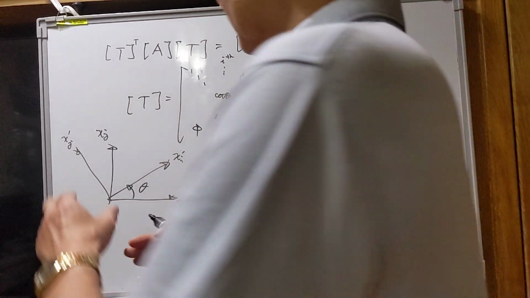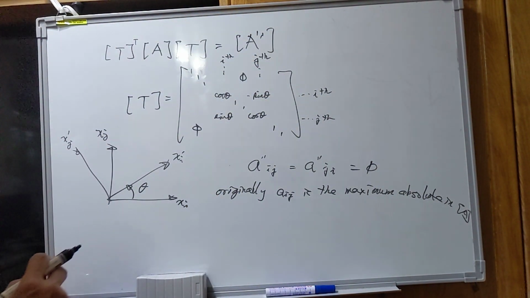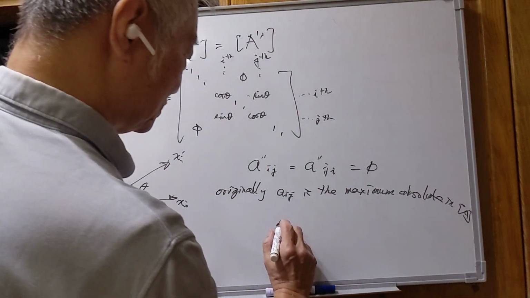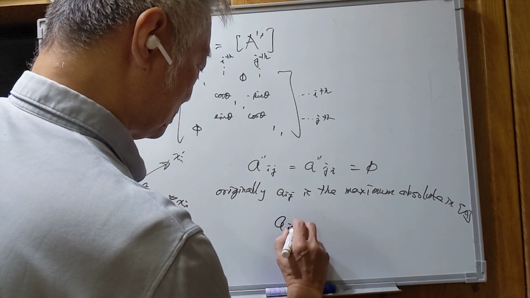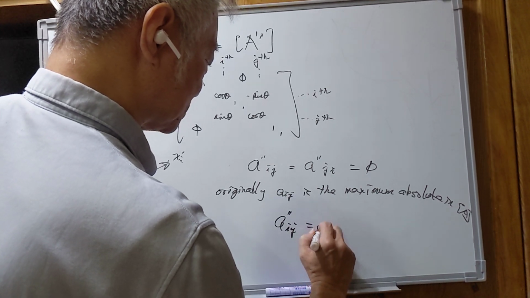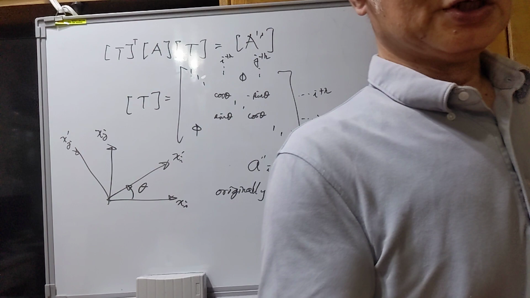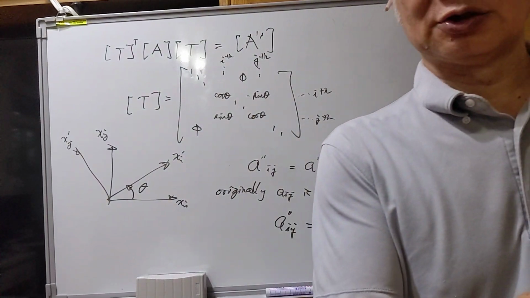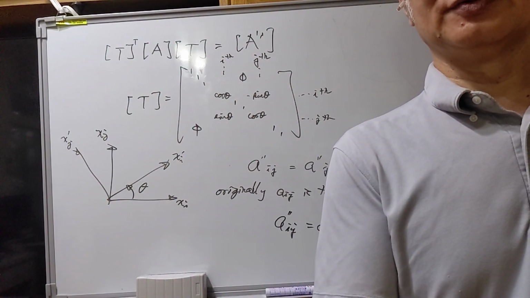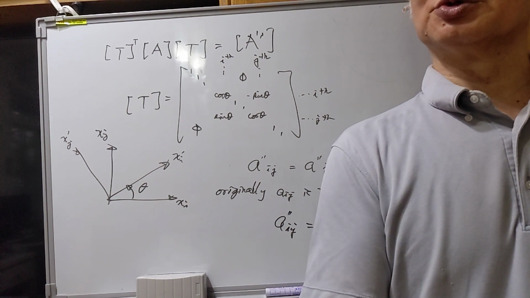But if we can make a rotation, we will get the aij double prime equal to 0. So for the solution procedure, first we need to pick out the element with the maximum absolute value,